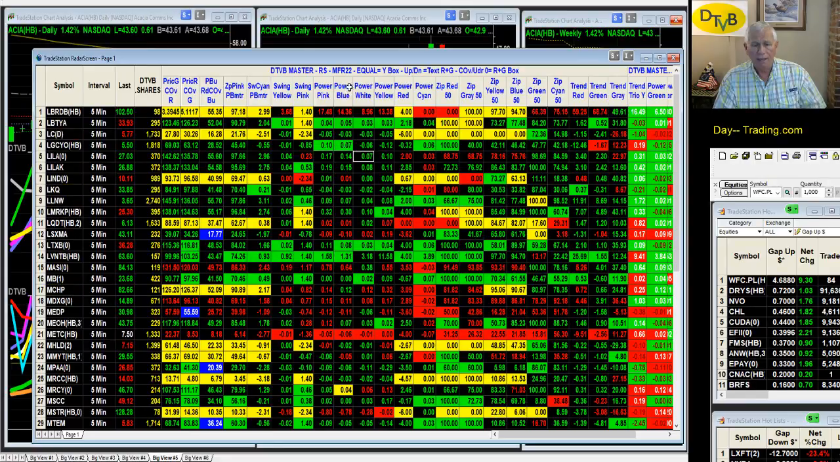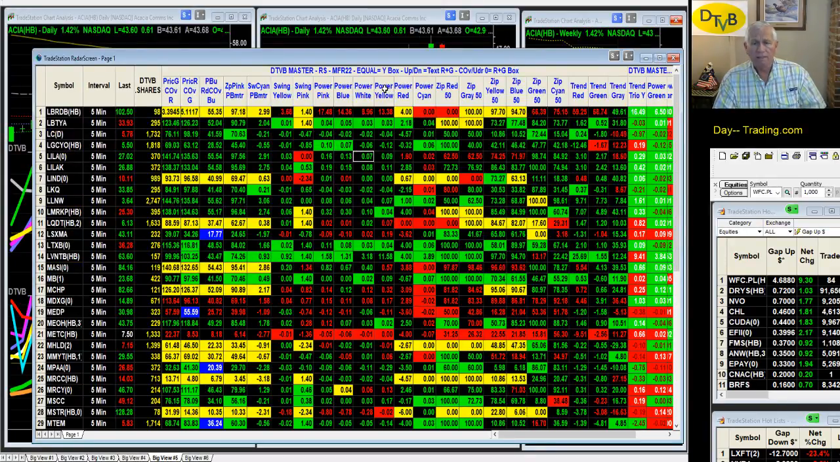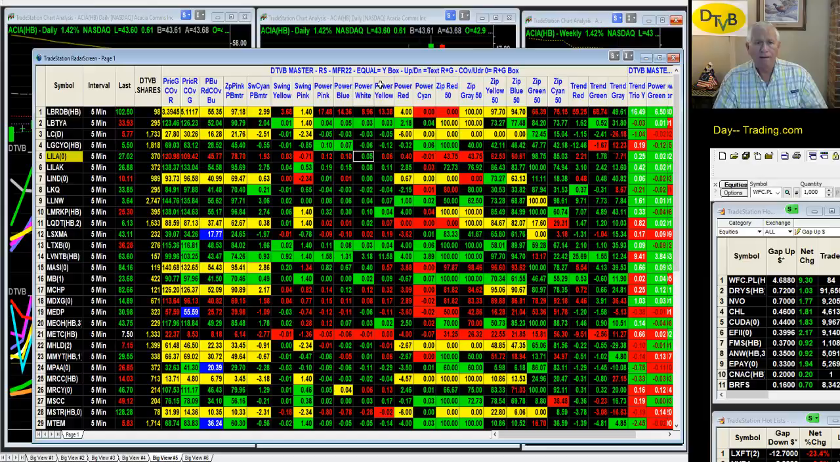There is another radar screen indicator built. If you haven't seen that video, look at that video as well. It strictly deals with divergent situations. That one is very powerful in